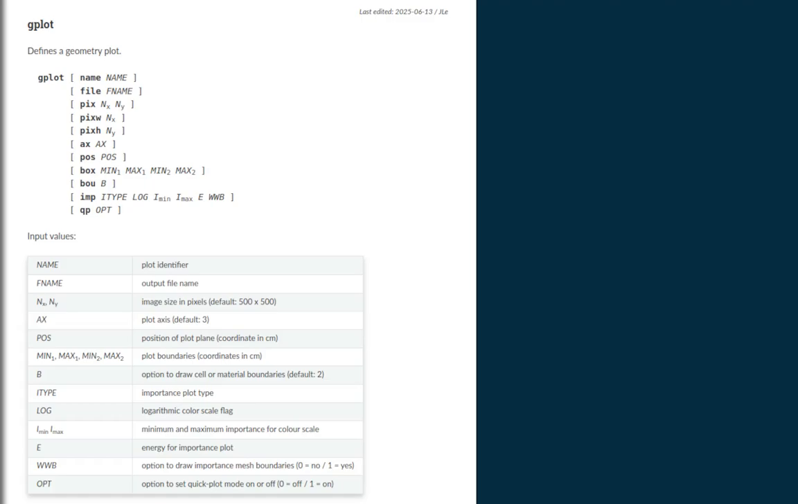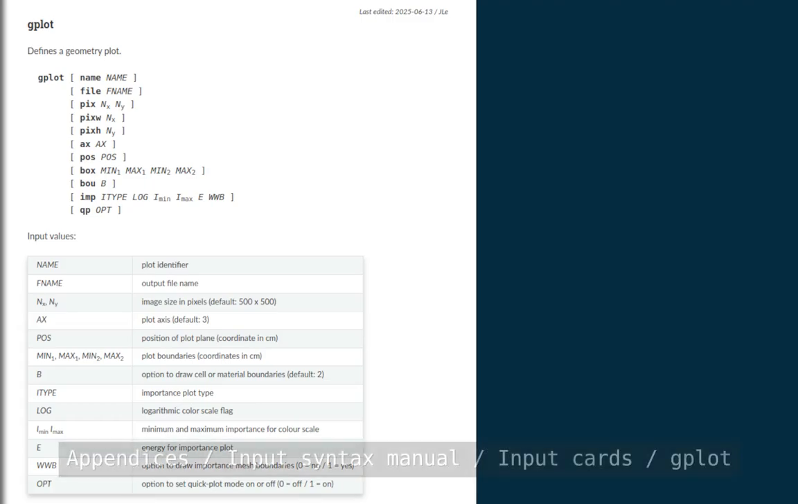And we decided to make things a bit easier with this new update and implement this new and alternative version of the plot card called gplot. So both these cards, they use the exact same routines, but the difference is that the input syntax is different. The old plot card still works for